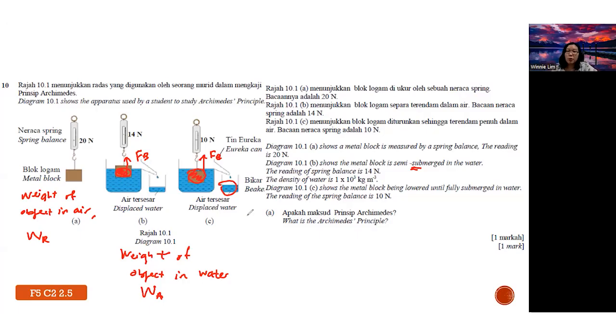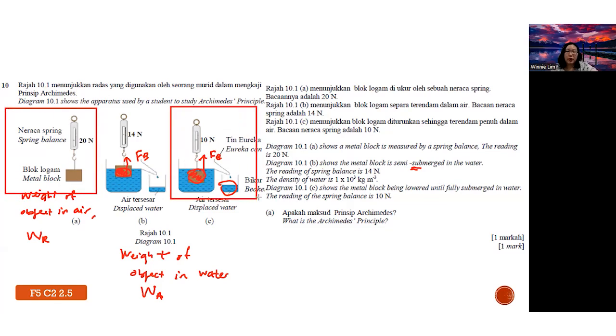Okay, so first they always like to ask about the definition. So what is meant by Archimedes principle? We just observe the first drawing and last drawing, because it's easier to get the concept of Archimedes principle. Archimedes principle states that the buoyant force acting on the object is equal to the weight of liquid displaced. So you see, initially you're at 20, then finally this 2 is considered as apparent weight already,